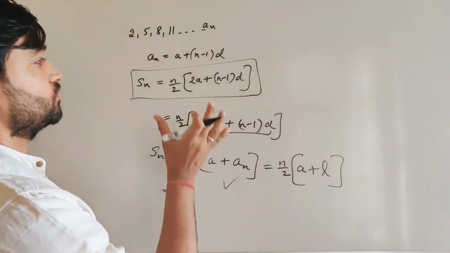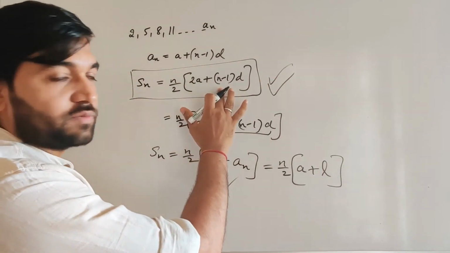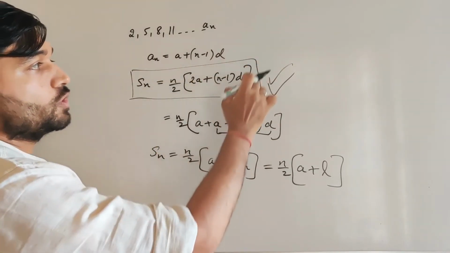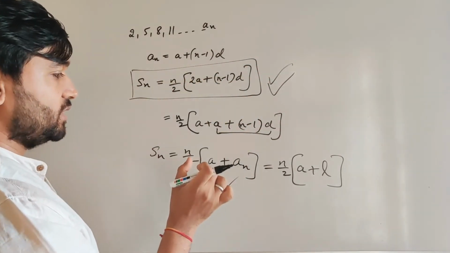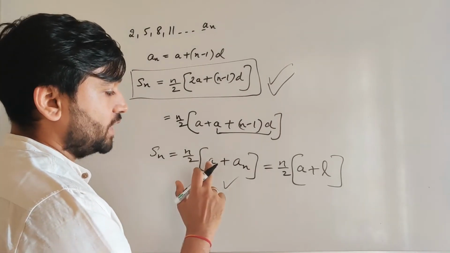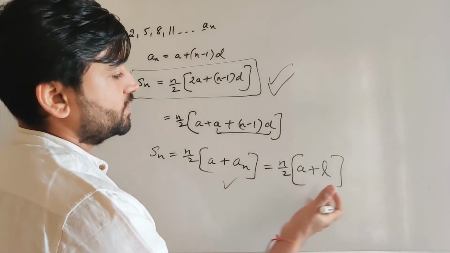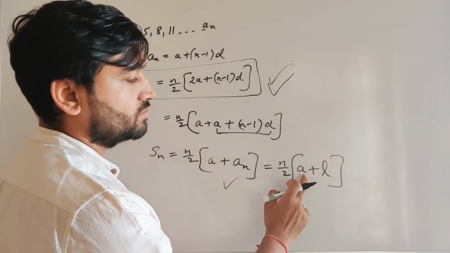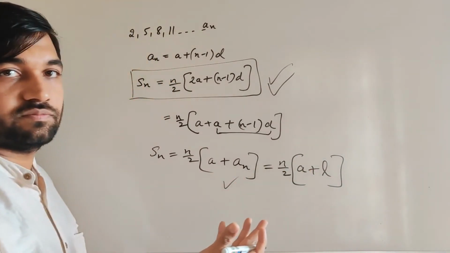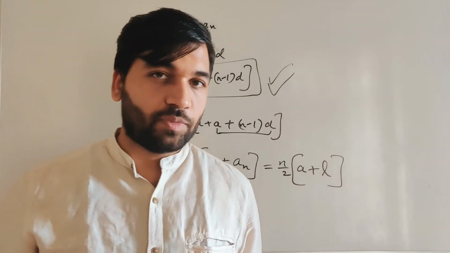Okay, so you can remember this is the main formula, n by 2 [2a plus (n minus 1) into d]. So this is a square bracket here. N by 2 is in multiplication with the whole thing. And the second formula is, Sn, the sum of n terms, is n by 2 (a plus an). So first term plus the nth term, which is same as n by 2 [a plus l]. L is nothing but an, just a notation. Okay? Alright, so we'll move to the examples now.